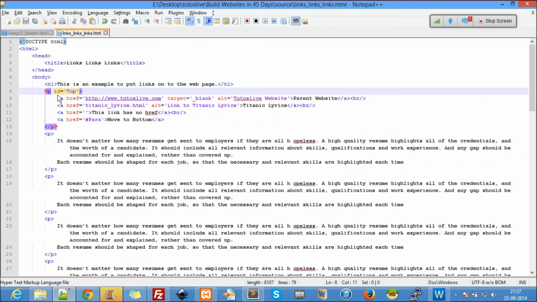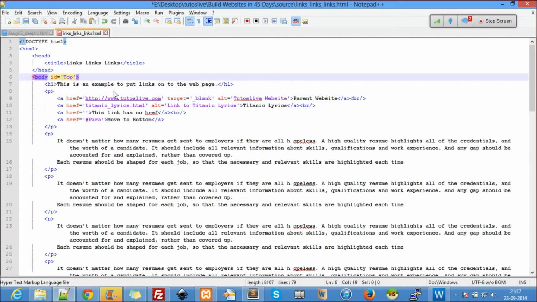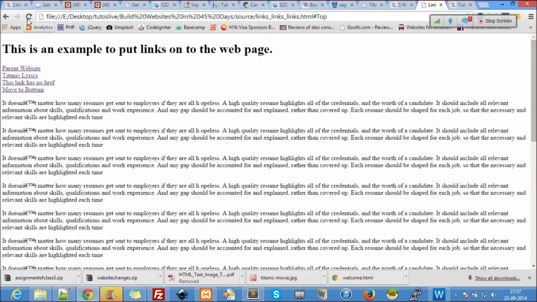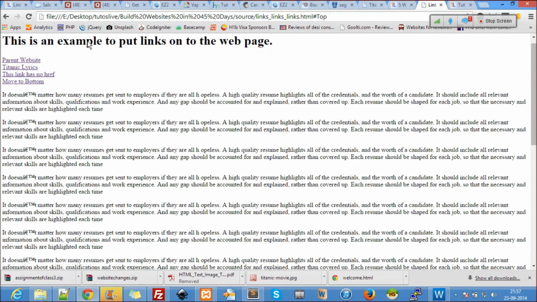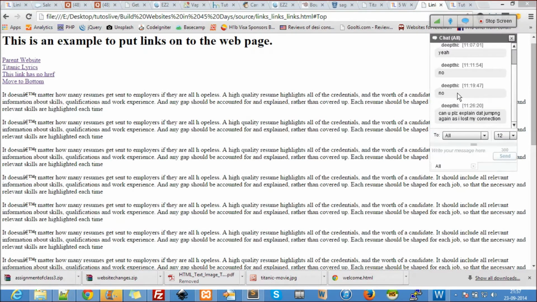It doesn't matter. I can also give this id equal to top to the body. So let's see what happens here. I refresh. I move to bottom. I go to top. Now see, you can also see the header now. I was explaining why jumping within the same page is important, because the latest trend in web designing is all single pages.